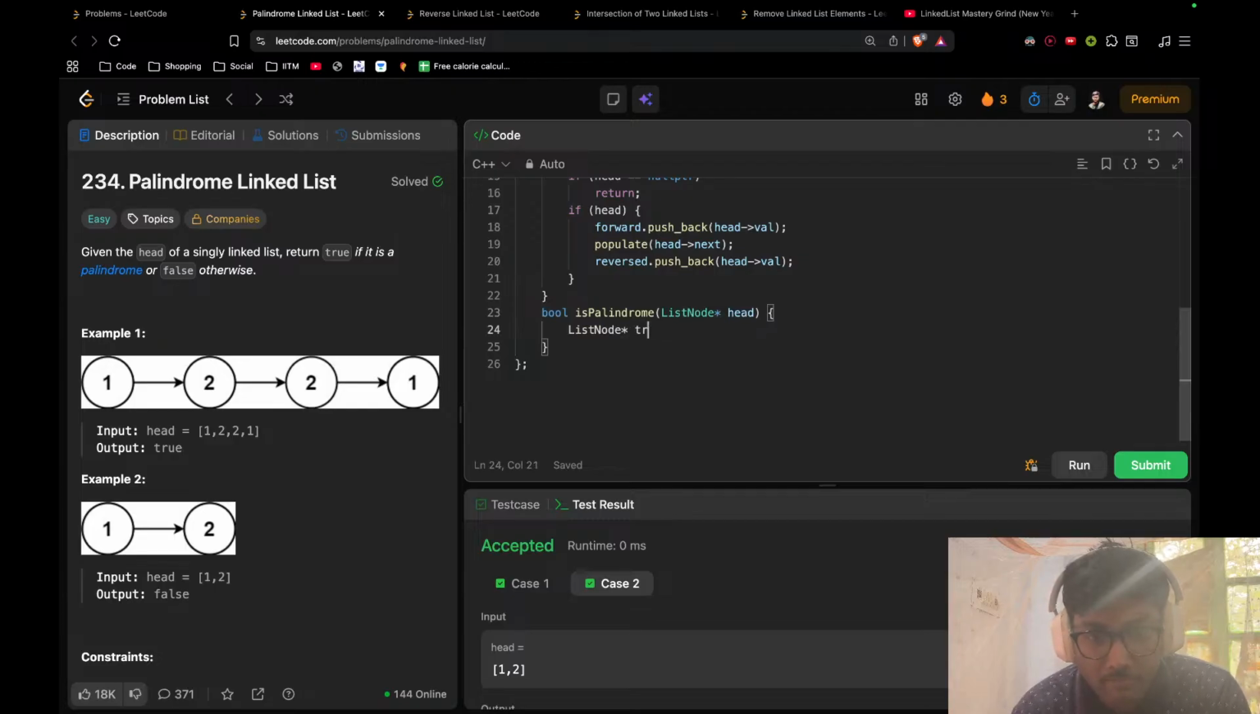Turtle will be the middle, and rabbit will also be. If you don't know about this rabbit turtle method, please refer to my earlier stream, that is linked list mastery part 1. Okay,